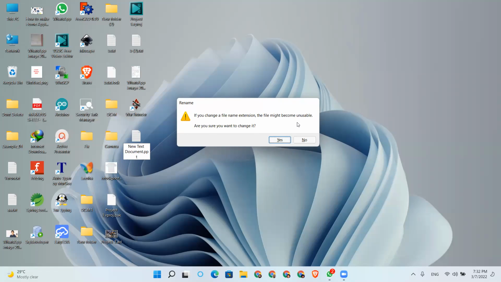Here, this is the title bar and this is a label. This is a label and these are buttons. And this entire thing is called